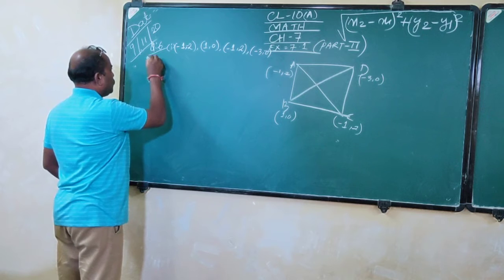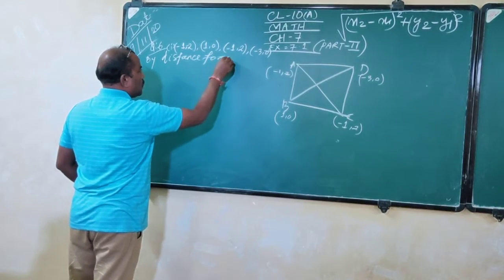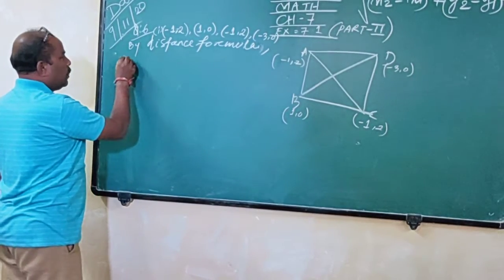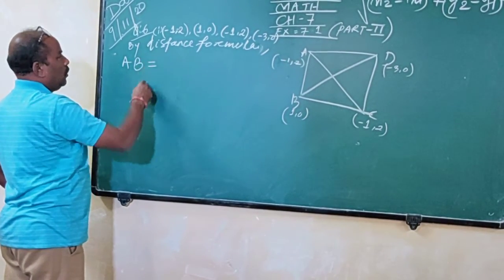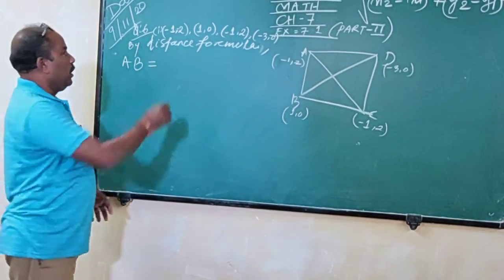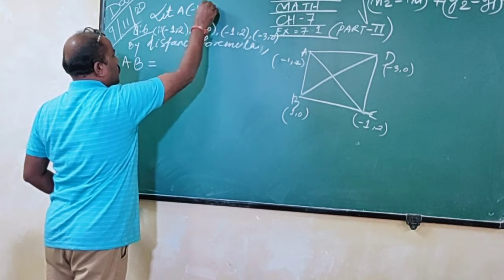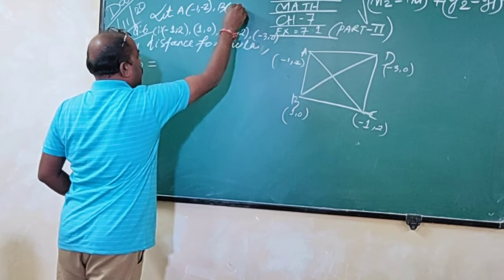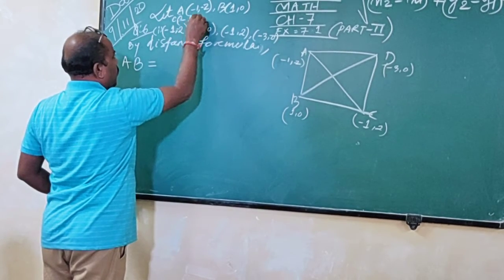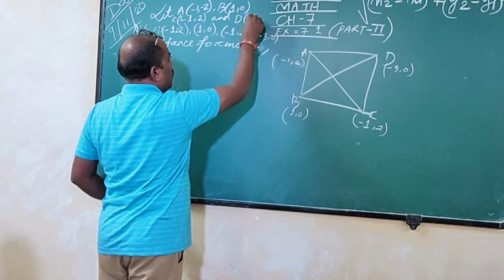Now, by distance formula, first we have to start with AB. But before that we have to write the coordinates of A. Let A -1, -2, B 1, 0, C -1, 2, and D -3, 0